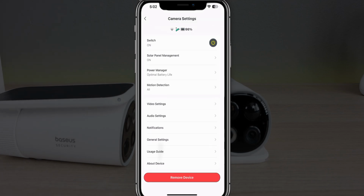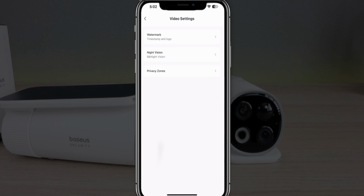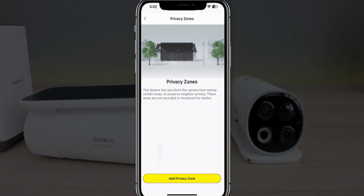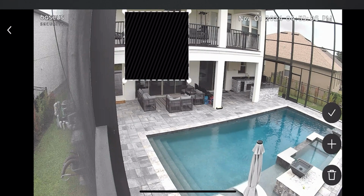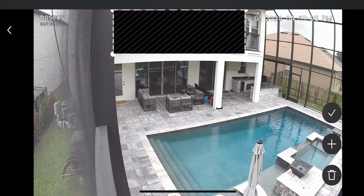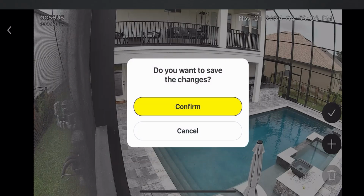We have our video settings as well. So click on the video settings. You can do watermark, night vision, privacy zone. So privacy zone is if you have an area that you don't want the camera to record. So let's try that out. So let's say I don't want to see what's happening on the balcony. I'm going to hit add, hit plus, then I can go ahead and move this up. I can stretch this all the way out, and that way nothing on the balcony will be recorded. So completely up to you, and I love the fact that this is included just for an added